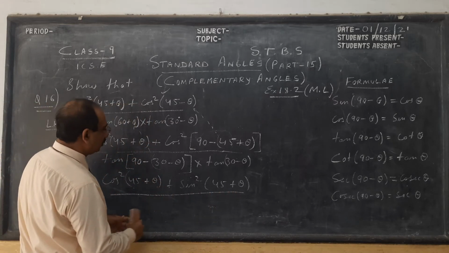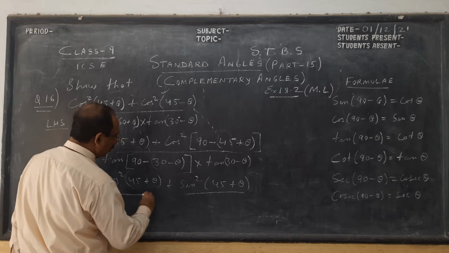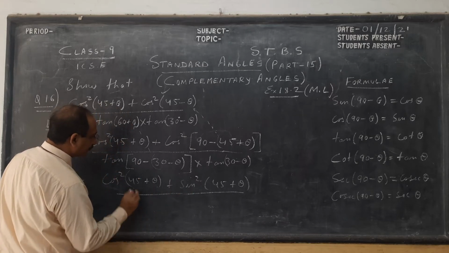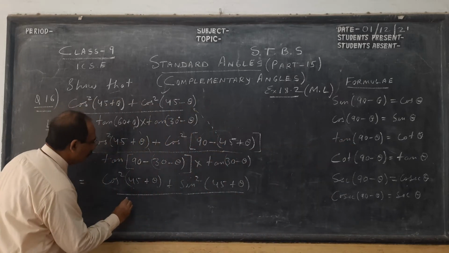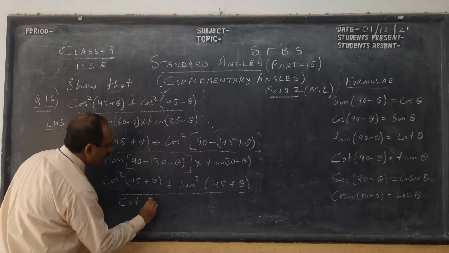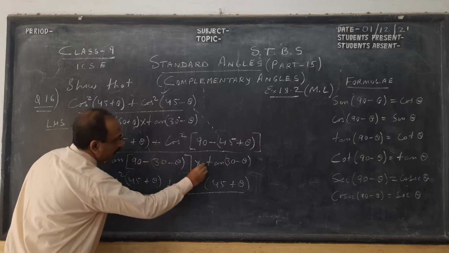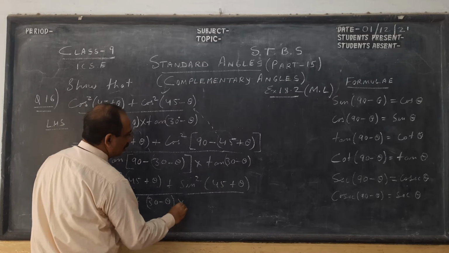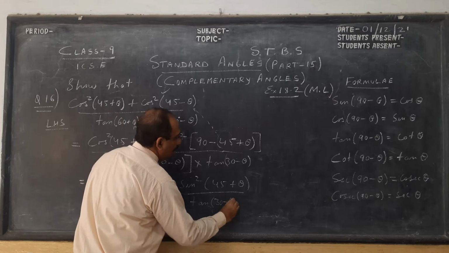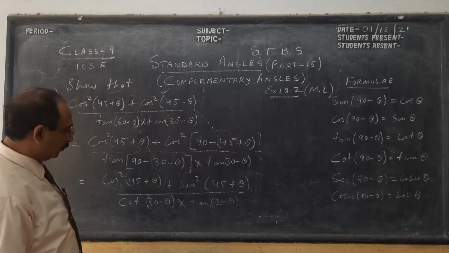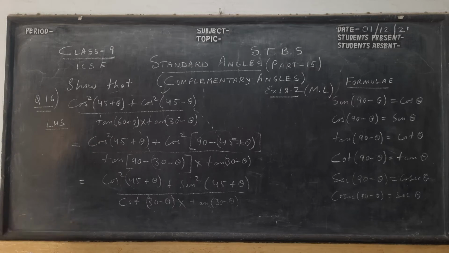And children, in the denominator, if you see what we get here, tan becomes cot. Tan 90 minus theta becomes cot. So this will become cot 30 minus theta. And don't change this and don't change this. You have to change one in the numerator and one in the denominator. Otherwise you won't be able to prove. So kindly copy this and the formula. Then I will show you the final part. So kindly pause the video and copy.